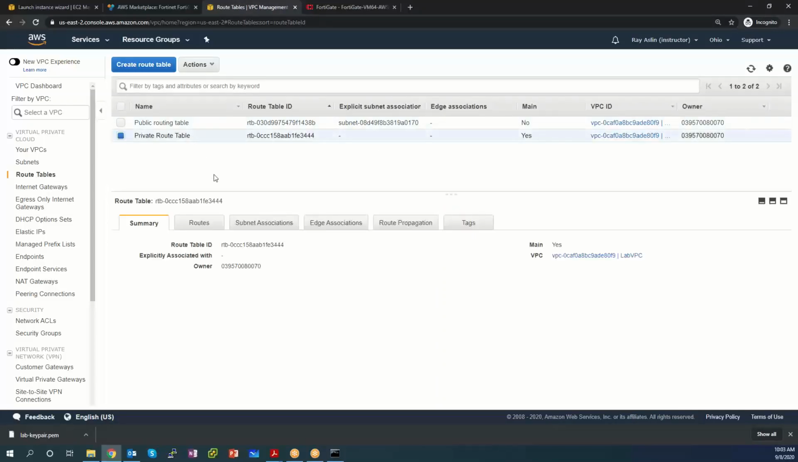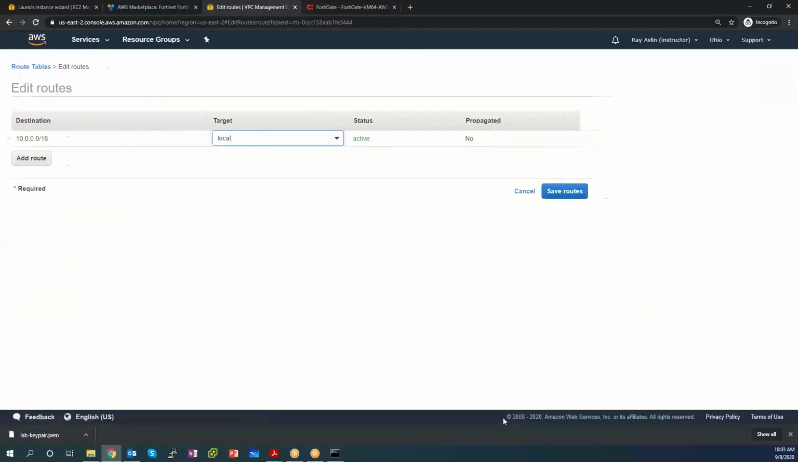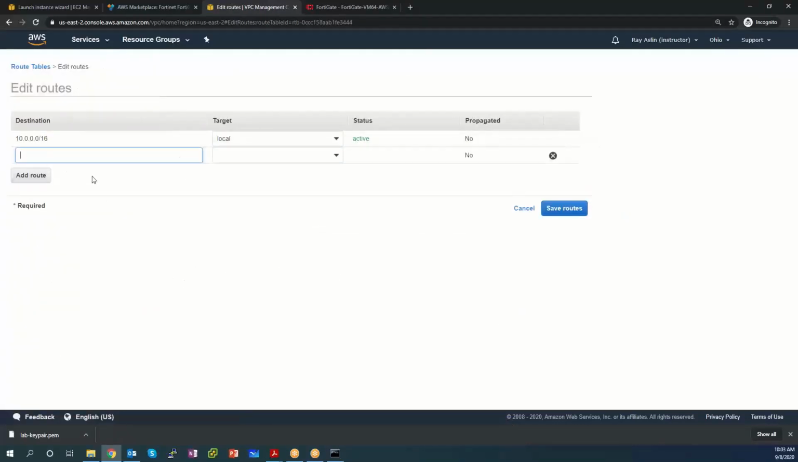There's my private route table. The only route in it right now is the one to the rest of the VPC. Edit routes. Add a route. Tell it if you want to go to anything else, a wildcard or a default route,